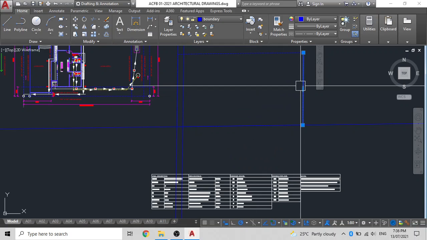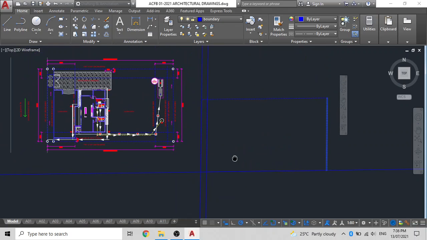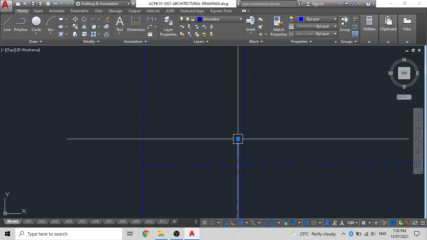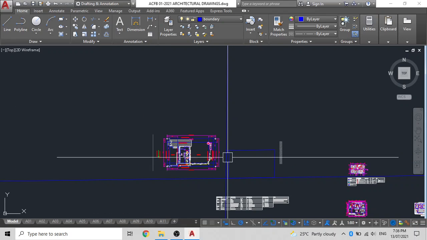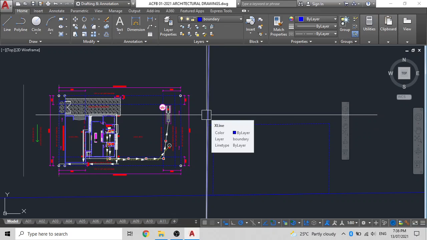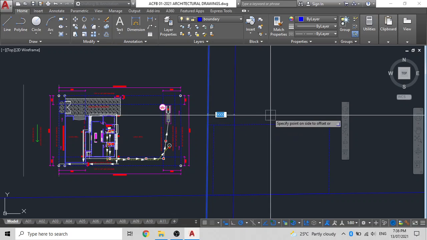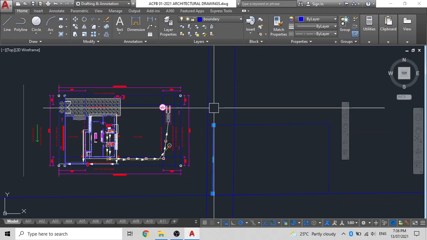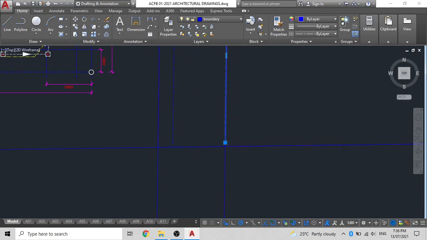And just copy one of these lines into the 2-meter reserve. You can delete that and do not get confused with the lines. Now the next offset that we will need to place is the actual building restriction line. So we'll type O for offset, then press enter, then we enter our building restriction offset, that's 9 meters from the front peg and not from the drainage line, and move it in there. Then we type CO for copy and just copy this line and make sure that both the ends meet.